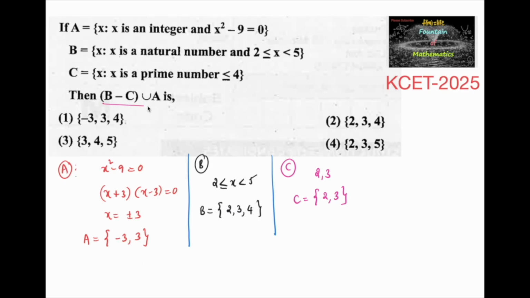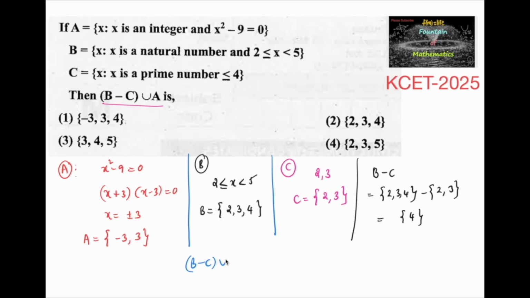Now we need to find (B minus C) union A. So B minus C is equal to {2, 3, 4} minus C, which is nothing but {2, 3}. So from {2, 3, 4}, if you remove 2, 3, we'll get 4. So B minus C is {4}, and then